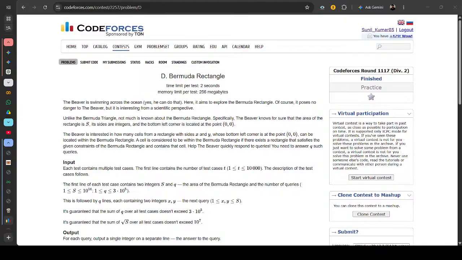Let me change the color. So it can be like this, and the area is equal to S. Now let's see what happens here. The beaver is interested in how many cells from a rectangle with sides x comma y